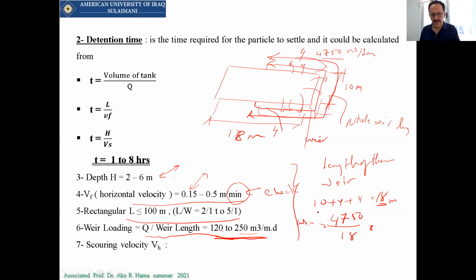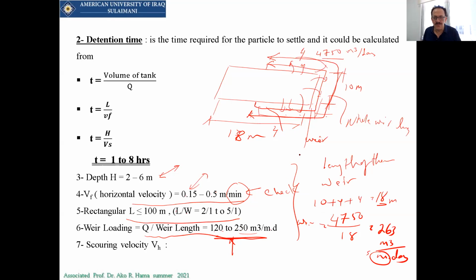Now the result will be 4,750 divided by 18, about 263 meter cube per meter per day. It means every meter of this weir is holding 263 meter cube, which is a little bit greater